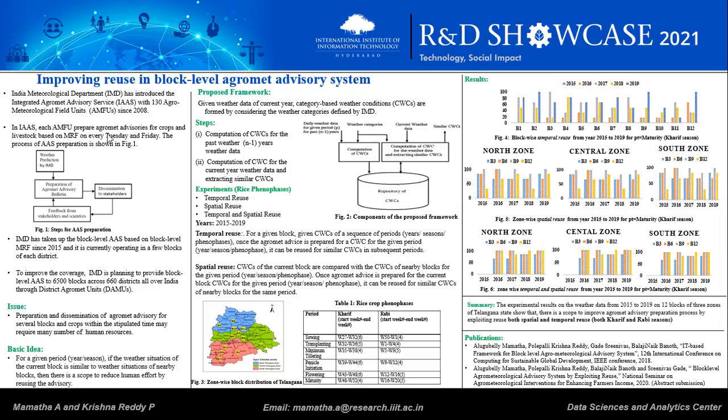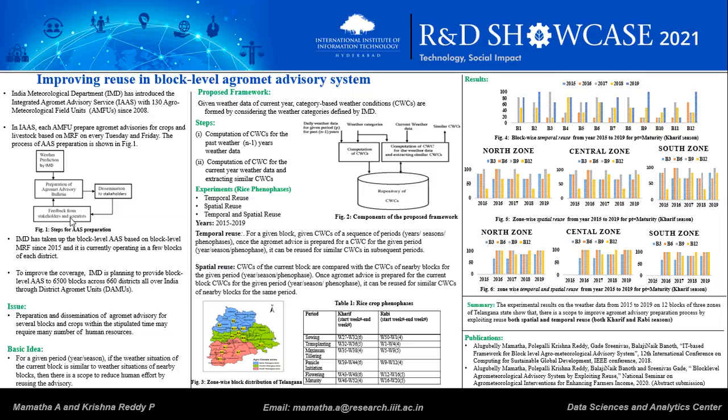IMD started Integrated Agromet Advisory Service from the year 2008 with 130 Agro-Meteorological Field Units AMFUs. In the preparation of Agromet Advisory Service, each AMFU compares the past 5 days data and future 5 days weather data and prepares the Agromet Advisory. The prepared Agromet Advisory is disseminated to farmers and other stakeholders, and the feedback for the advisory is collected during